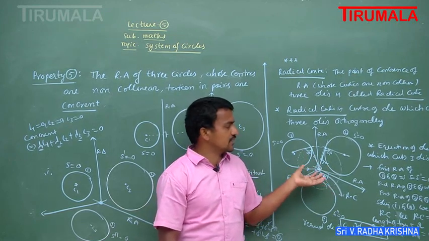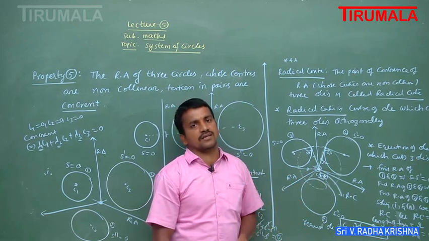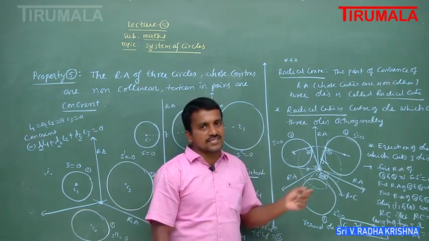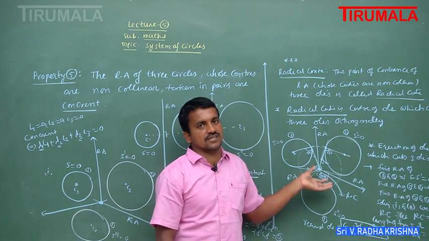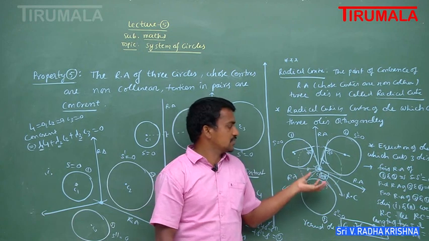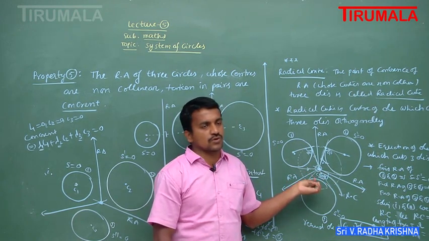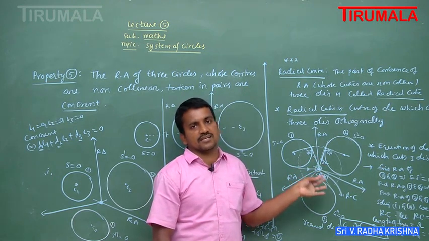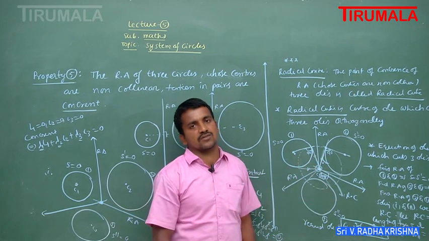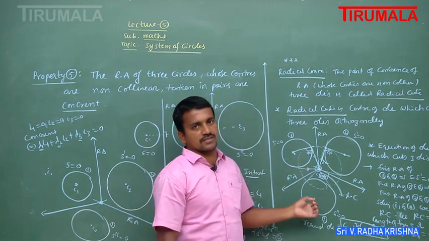Already we discussed finding the equation of the circle which cuts three circles orthogonally in the first exercise. This is a shortcut method to find the equation of the circle which cuts the three circles orthogonally, is easy and important for objective also. So now, how can we find the equation of the circle which cuts the three given circles orthogonally? We observe the first example sum on this concept.